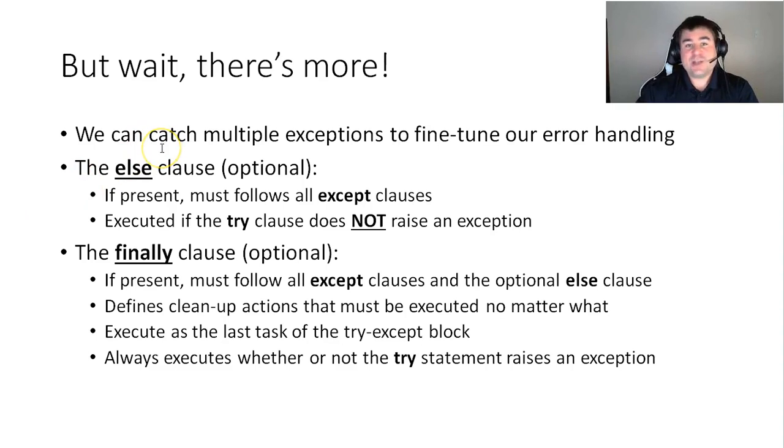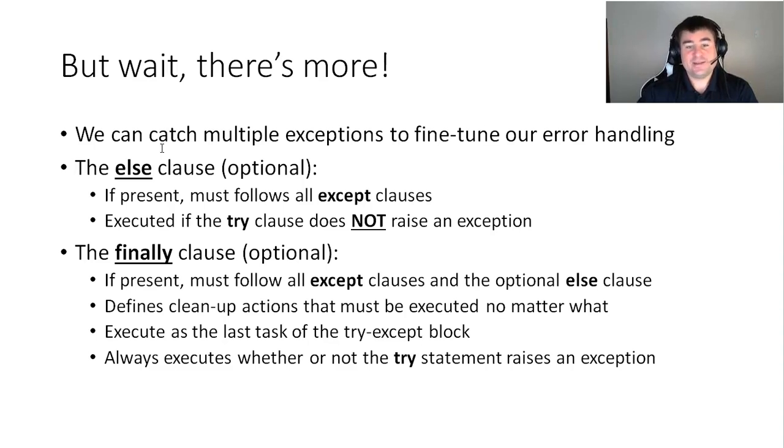First of all, we can catch not one, but multiple exceptions of different kinds in order to more granularly fine-tune our error handling and have our program behave in different ways. Up until this point, if any error was caused, whatever the runtime error was, our except block behaved always in the same way, and it would be hard to notice what the issue is in a big enough program, right? Now, as we will see shortly, you can catch multiple exceptions, and depending on what the error was, your program can behave differently.